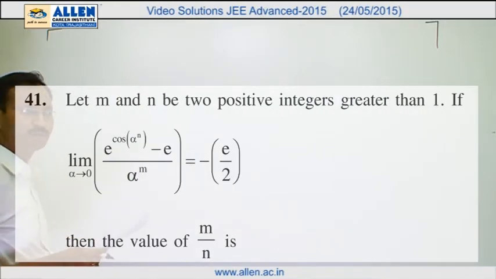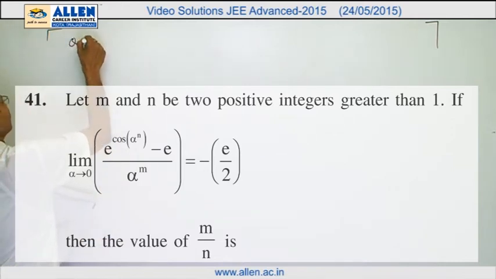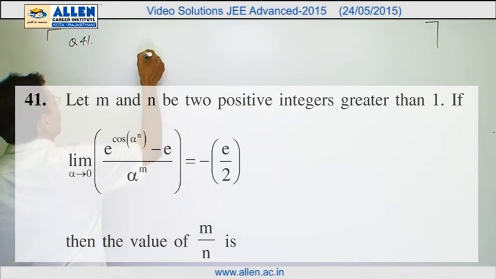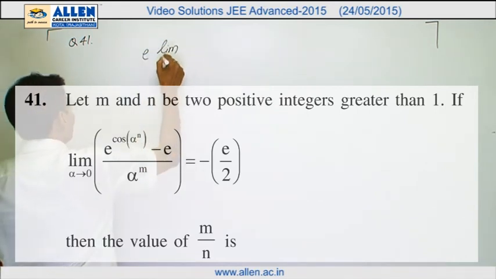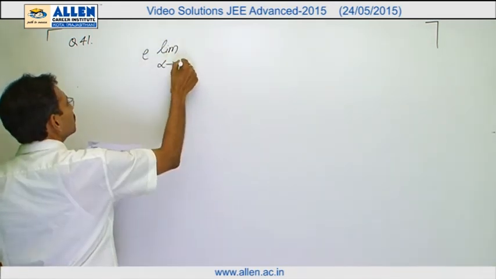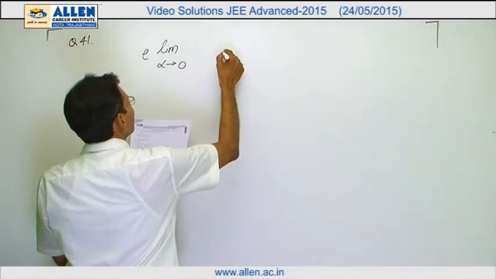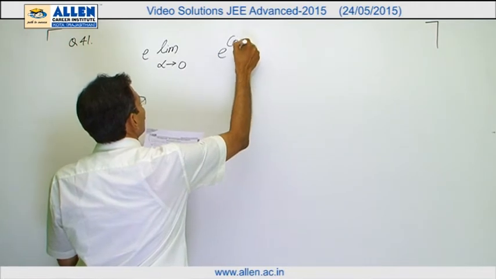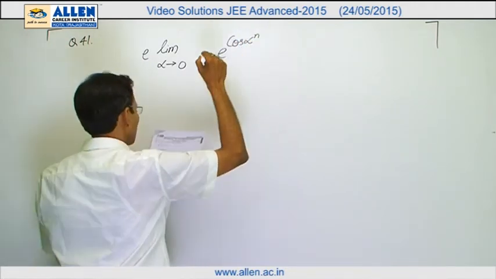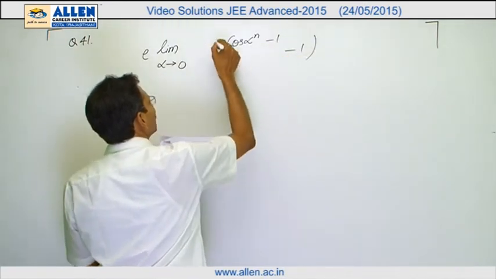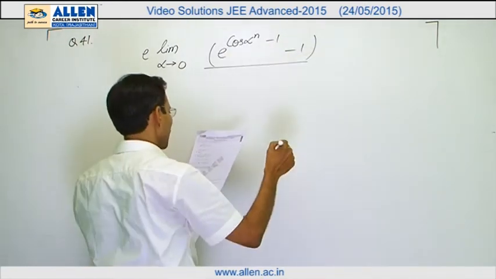Question number 41. We will take e as common. Limit alpha approaching 0, e raised to the power (cos alpha raised to the power n minus 1), divided by